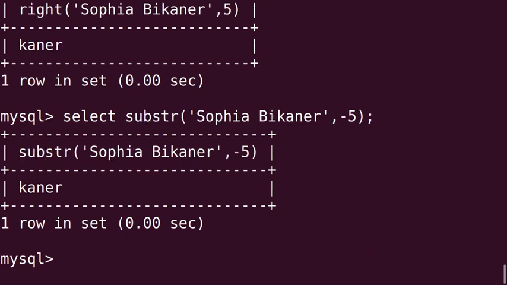We are getting the same output. I have already explained in sub-str what the negative sign indicates. From the end of the string we have to move towards the reverse direction, right? So 5 characters we have to go back, from R till K.